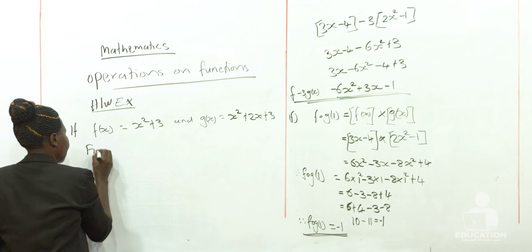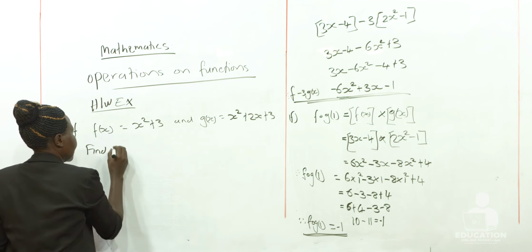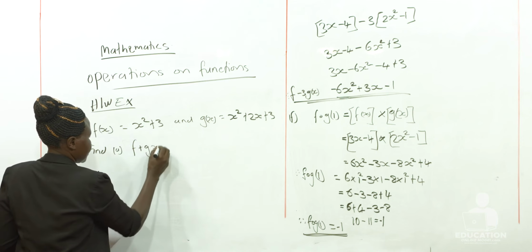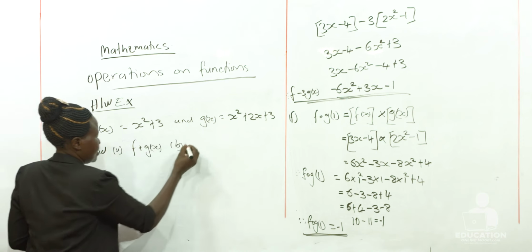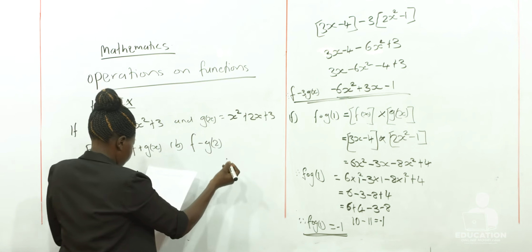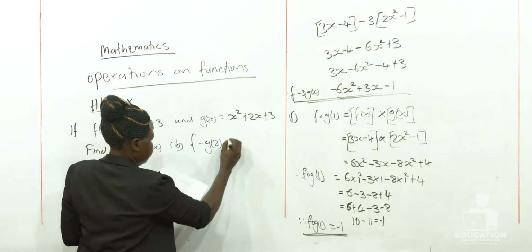Find a, f plus g of x, b, f minus g of 2,